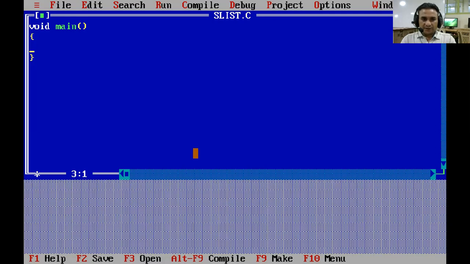When the user presses 1 again, the node will be added at the first position. When the user enters 2 again, the node will be added at the last position. When the user wants to quit from this program, press 0.